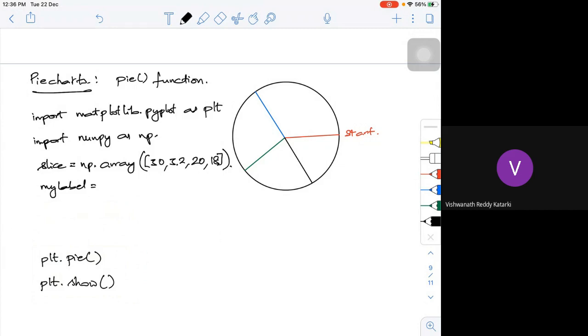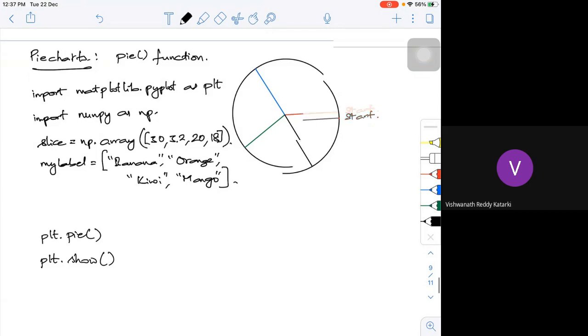Let it be some kind of fruits. The first one is banana, the second one is orange, the third one maybe pomegranate, or maybe we can have kiwi fruit, and the fourth one, let it be mangoes. So I have four data points, and I'm giving a label to them.